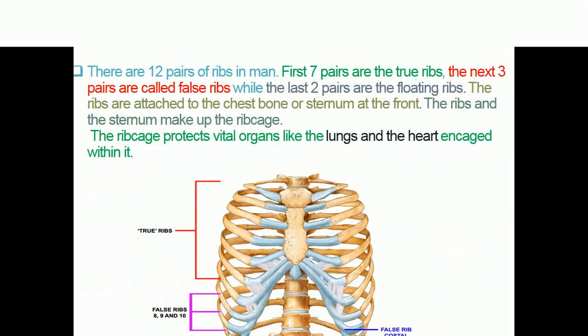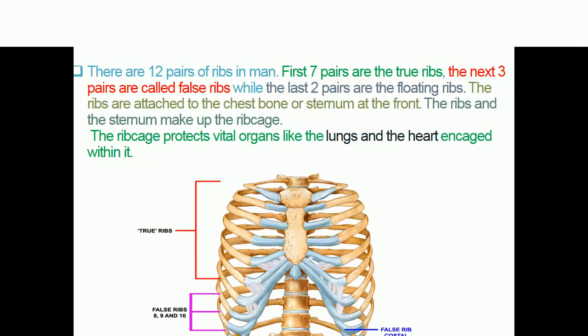Now the last part of the axial skeleton is the ribcage. Now don't forget that the ribcage is made up of the ribs and the sternum. There are 12 pairs of ribs in man, altogether 24. The first 7 pairs are the true ribs. These are true because the ribs are attached to the thoracic vertebrae at the back and to the sternum bones